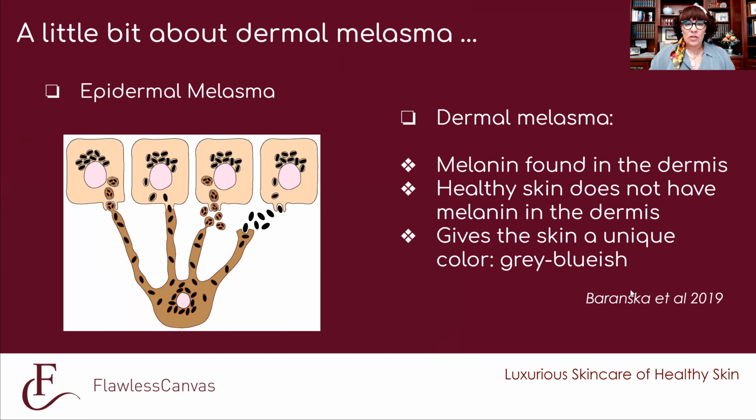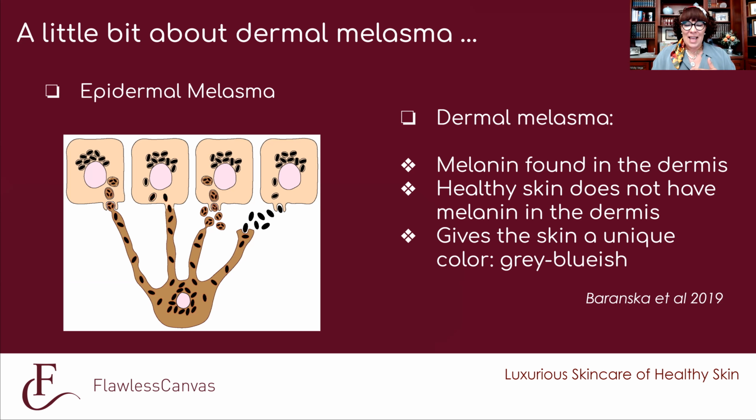Okay, so let's talk about dermal melasma. We know epidermal melasma. What happens is basically you have the transfer of pigment to your epidermis, and it's kind of the natural way the pigment is transferred. Usually the pigment has only one way out, so that means that the epidermis needs to be renewed. That is the reason why everything that increases the cell turnover helps you to get rid of the pigment